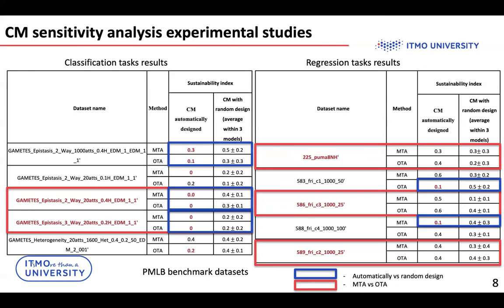For regression cases, only a few composite models show sustainability. In most cases, random design models were more sustainable on average. Such contradictory results can be partly explained by some specificity of the composing process used for experiments, lack of presets, using the only quality metric which may not fit the task, and so on. For the regression task, such analysis still has room to investigate.